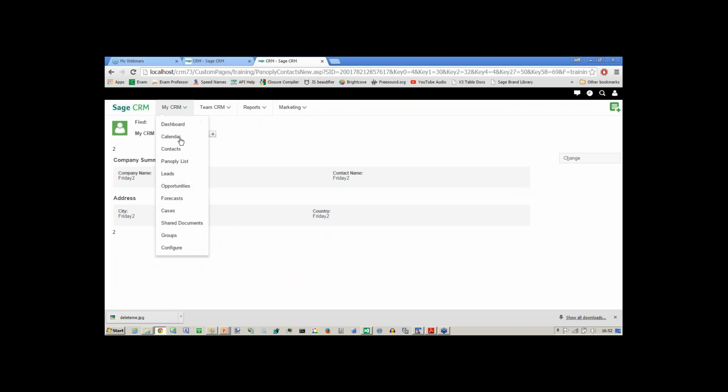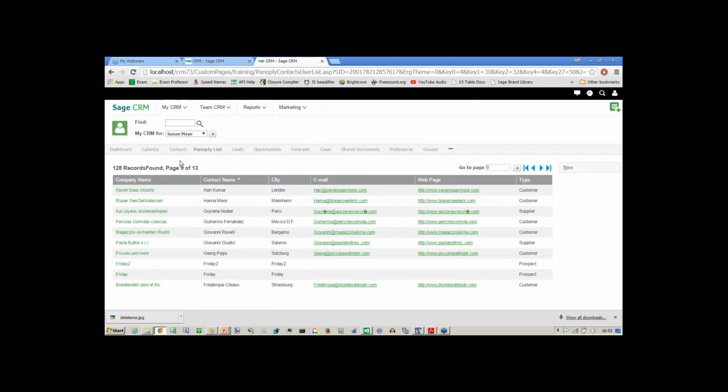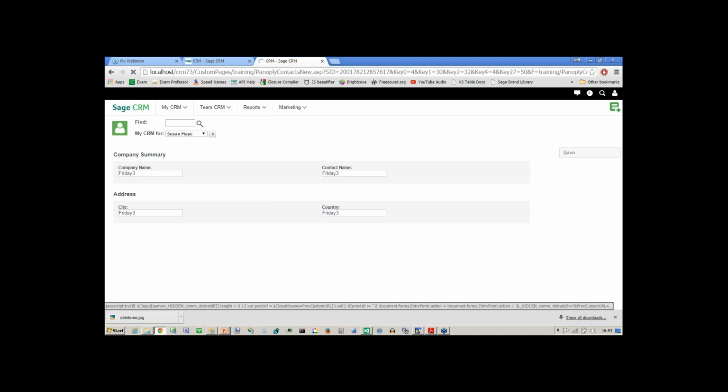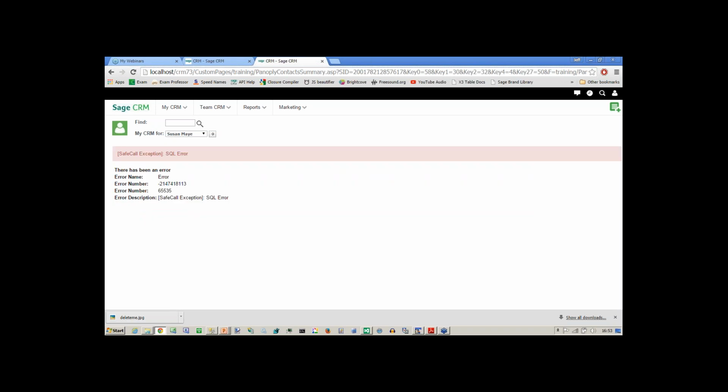The idea here, then, we have our Panoply list. We've got our new page. You can see here it's very neat. Let's have a Friday 3. Friday 3. Friday 3. And we choose save. And what we'll find is, as we move across, we've got a problem because it doesn't know which record that we're using. Now,